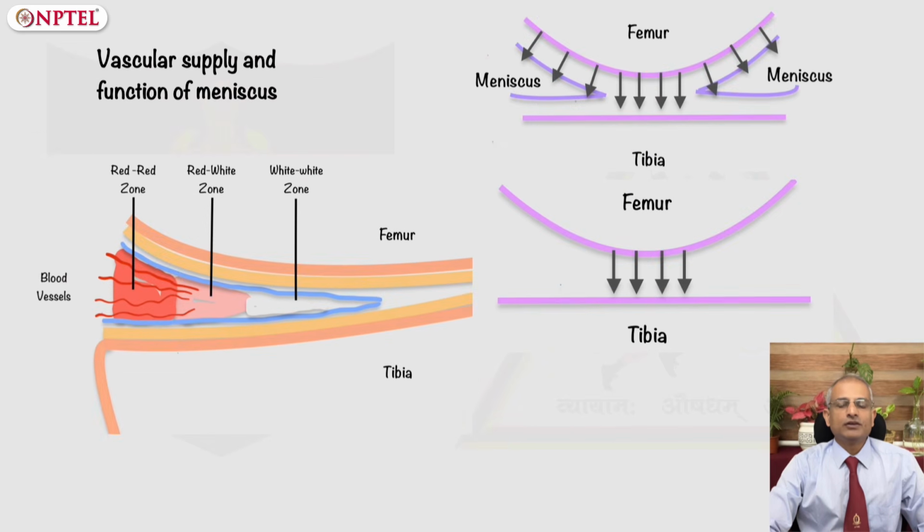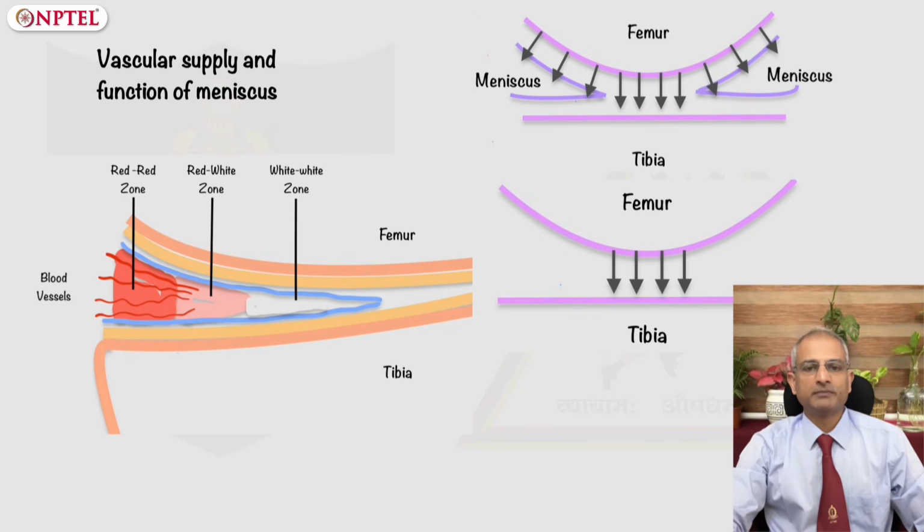The vascularity of the meniscus is derived from the periphery. The characteristic blood supply divides the width of the menisci into three zones. The peripheral red zone, which is the most vascular, then the middle red-white zone, which is intermediate in vascularity, and the innermost white zone, which is almost avascular. Hence, the tears in this zone do not heal well.